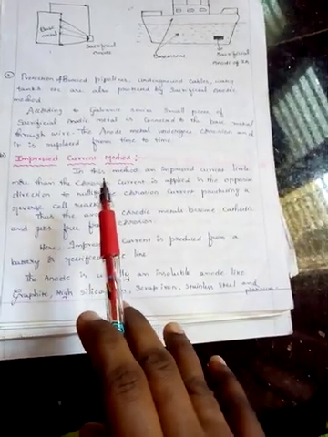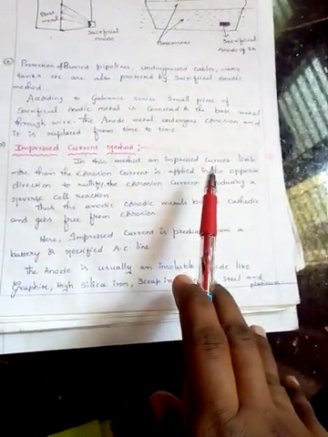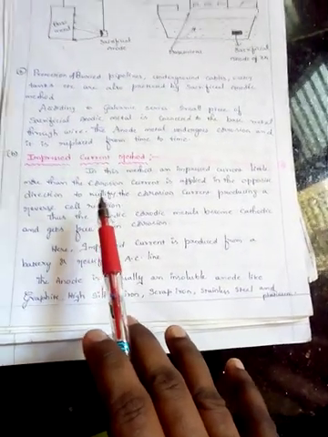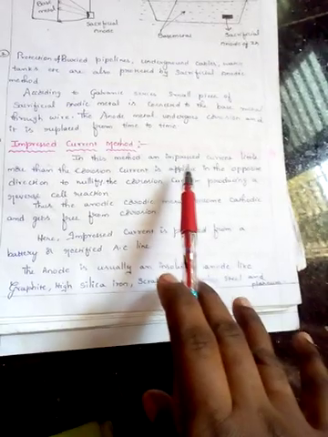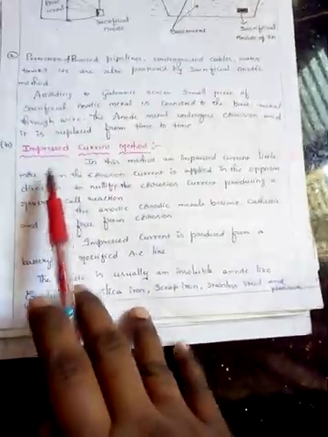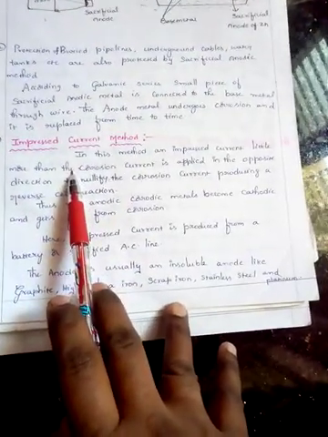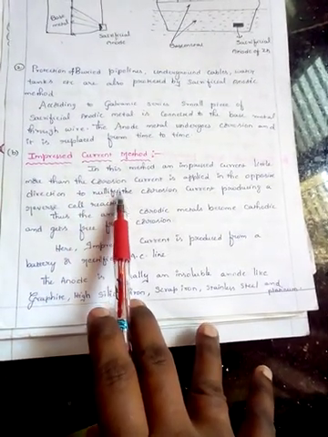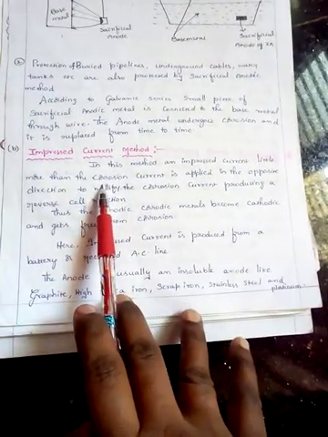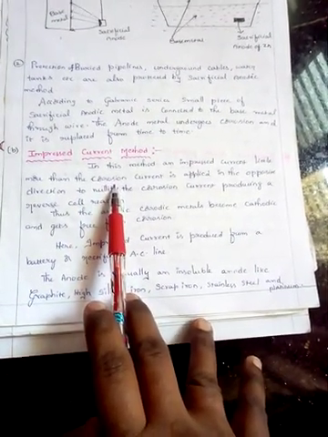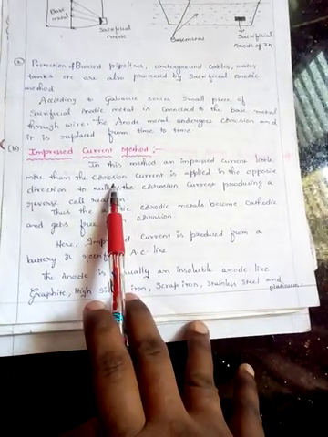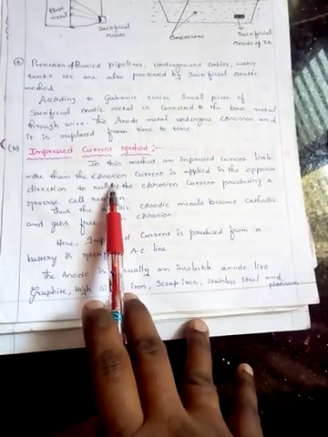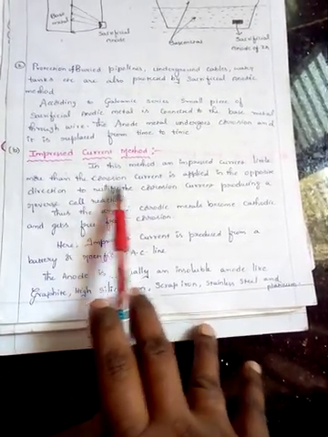This is also a very important technique. In this method we can protect buried underground pipelines, underground power lines, etc. An impressed current is a current quantity which is more than the corrosion current. Whenever large metallic objects are buried underground, they have the capability to produce corrosion currents. That means whenever corrosion happens between two different metallic objects, there is a chance to generate a current, which is called a corrosion current.